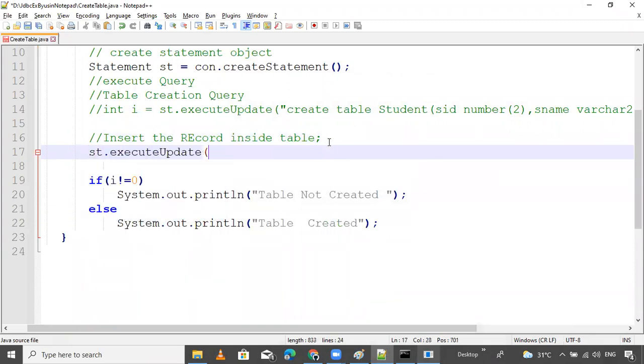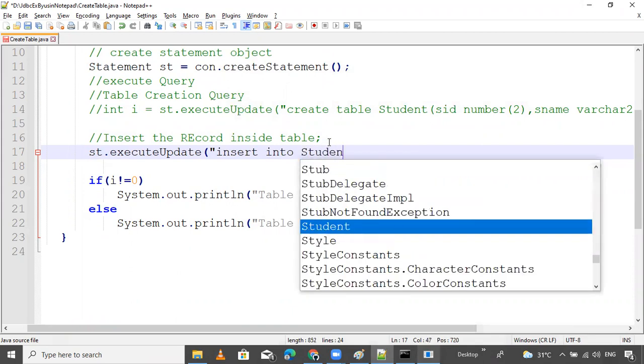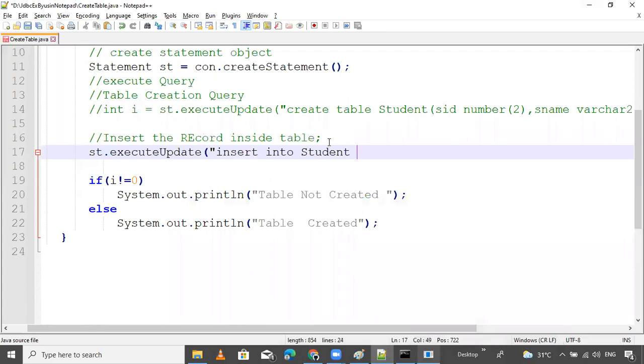Execute update method here. Insert into, this is the predefined sentence, use this only. Insert into table, insert into student. Okay, table name is student, and values. Pass the values here. Number you can pass simply, suppose one.